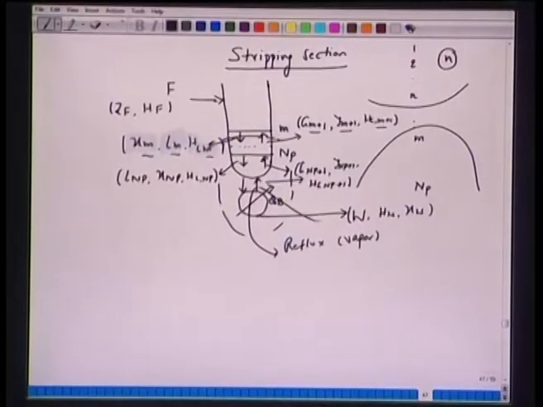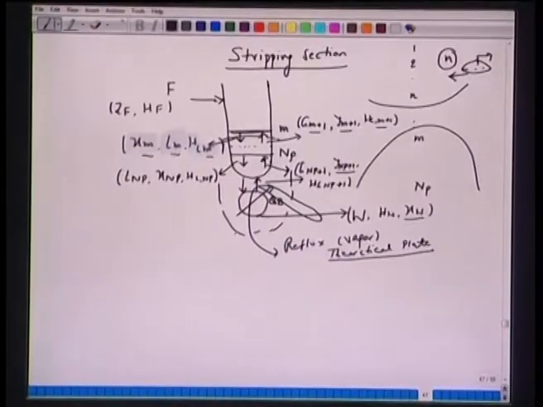Only thing, this vapor is in equilibrium with this liquid. So, XW and YNP plus 1 will follow the same equilibrium curve. That is why this last plate is also a theoretical plate. So, by default the reboiler in a distillation column gives us one theoretical plate extra, like in the rectifying section, where at the top we have the condenser, if it acts as a partial condenser, then we had one theoretical plate extra. Okay. So, now we have taken this envelope just underneath this mth plate and it intersects here.